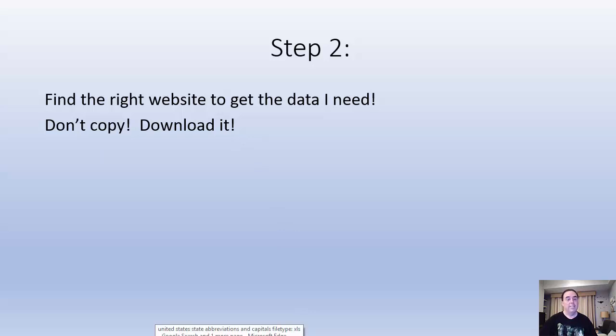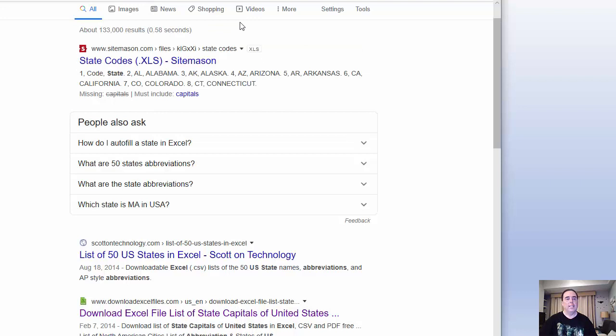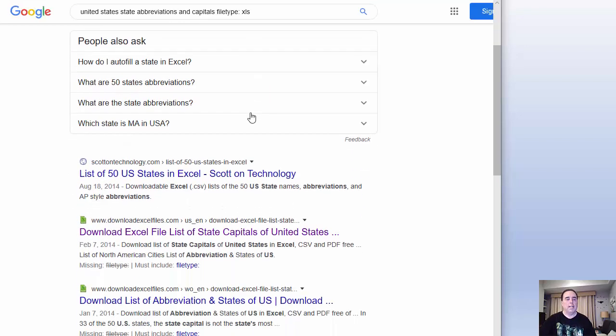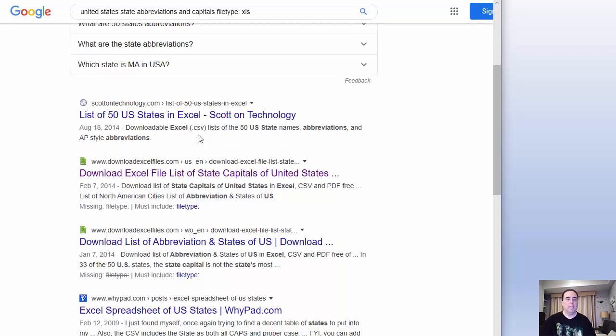Show me wrong. Okay. Anyway, so what I did is I typed in United States, state abbreviations and capitals, and I did file type XLS, which means Excel spreadsheet. The older version, that's okay. Now, I could have put CSV here, okay? That is the comma delimited file. All right. So you go down here, and you might want to check which one, and then download Excel file,